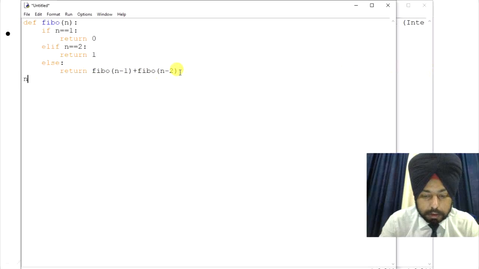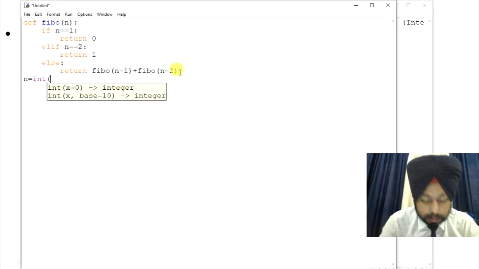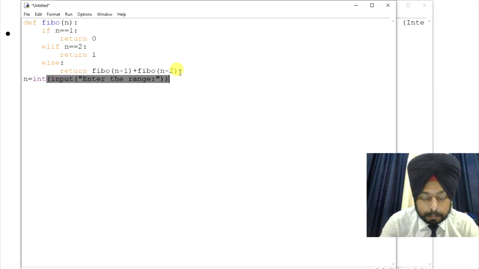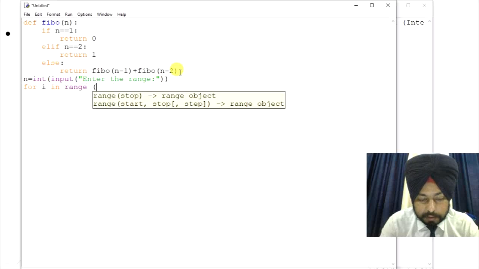Now n equals, we'll use the input function with integer, it will accept integer values only. Input function, enter the range, right? Now we'll use a for loop, for i in range. Range will be 1 comma n plus 1,